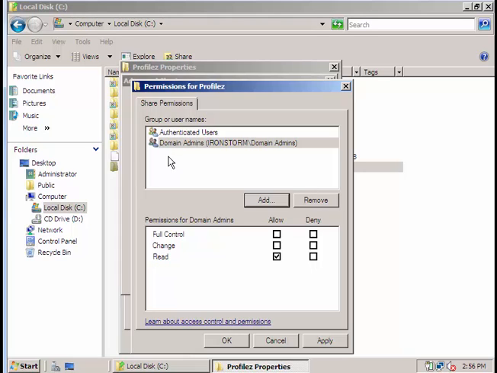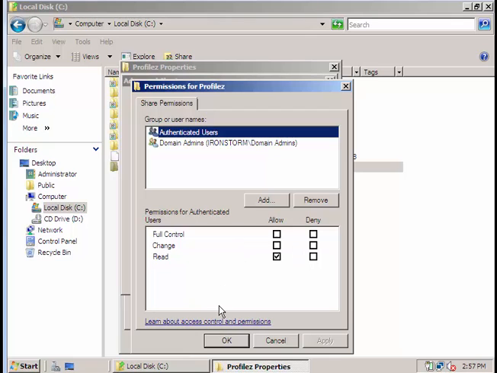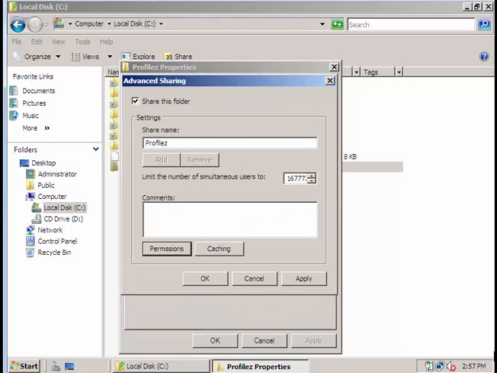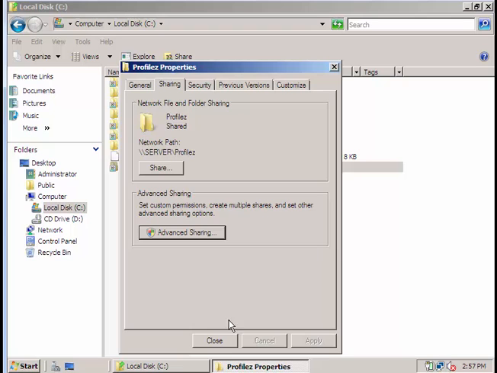Domain admin gets full control. Apply. Authenticated users, just read write. It's okay. Alright, okay. Apply, okay. Close